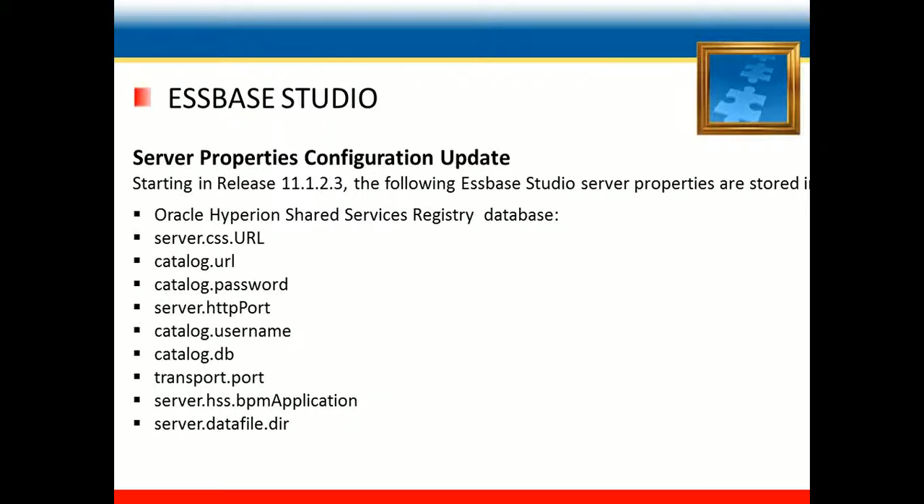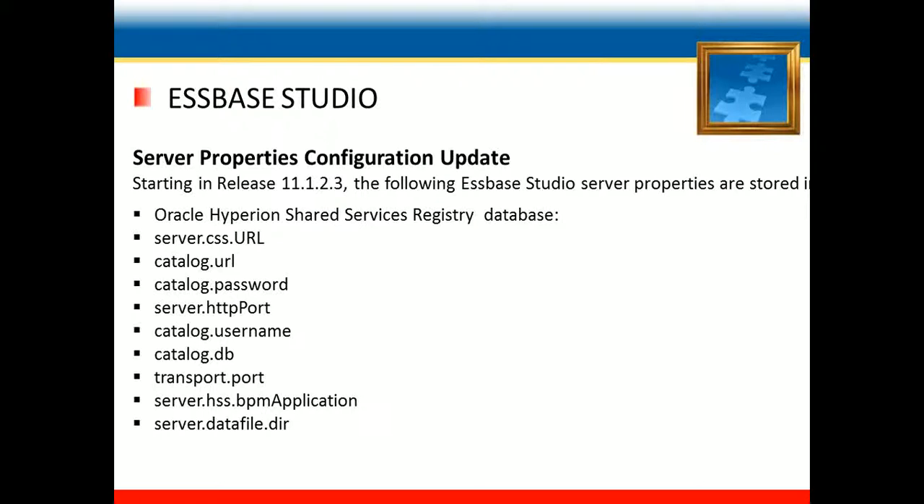And the newly added features for Essbase Studio. I'm going to explain the server properties configuration update. Starting in release 11.1.2.3, the Studio server properties are stored in the Oracle Hyperion Shared Services Registry database, and these are the configuration updates: server.css URL, catalog.url, catalog.password, server.httpPort, catalog.username, catalog.database.db,